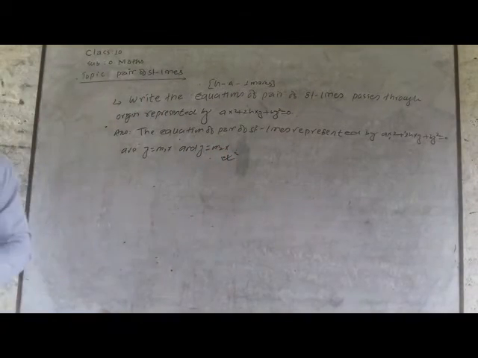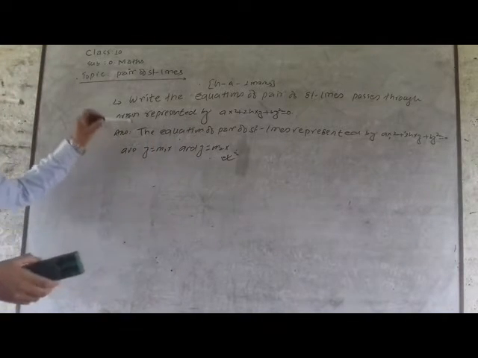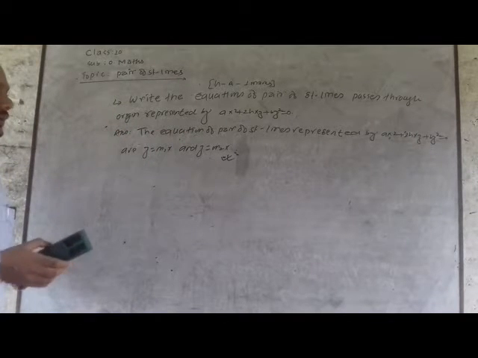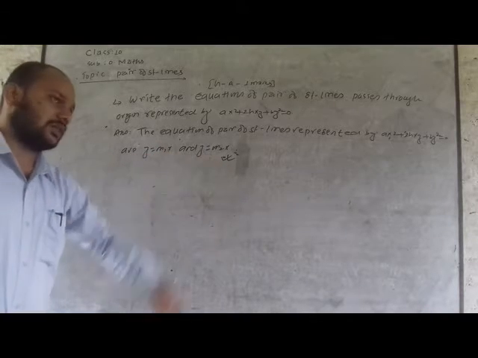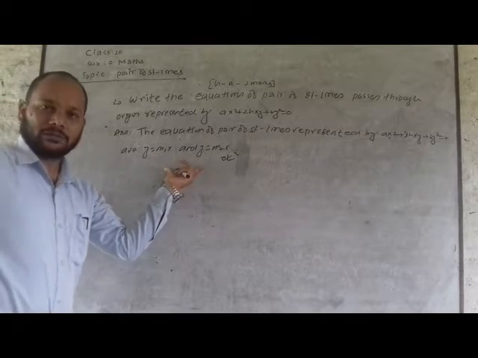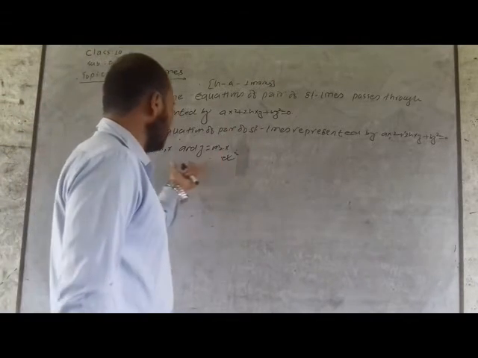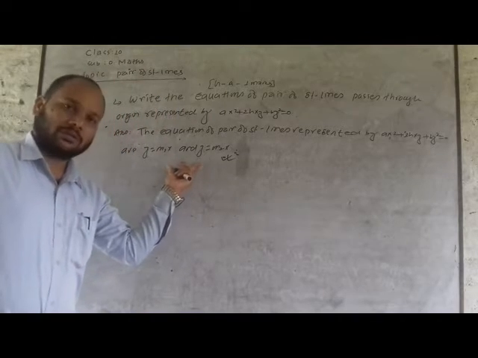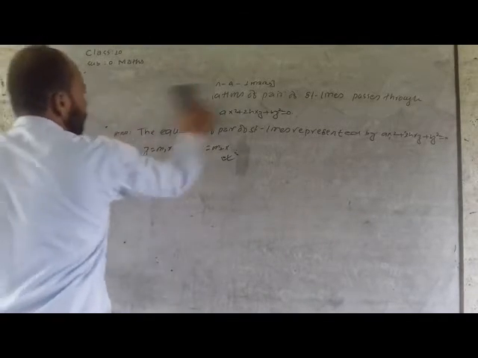Okay, and today I am going to teach you the other theorem, theorem number 2. All of you write down the answer of this question: the equation of straight lines represented by the equation ax square plus 2hxy plus by square is equal to 0 are y is equal to m1x and y is equal to m2x. These two represent the equation of pair of straight lines. Also these pass through the origin. Okay,